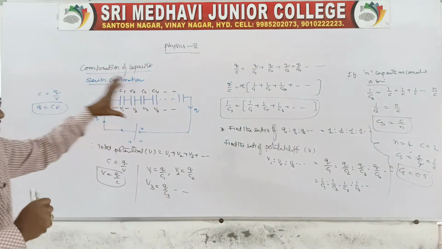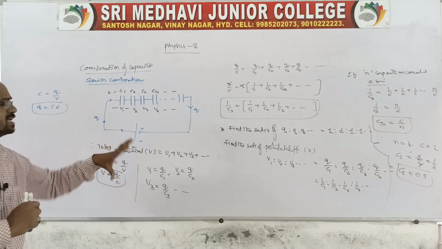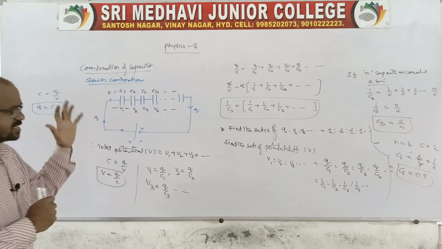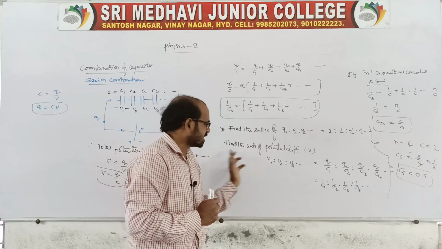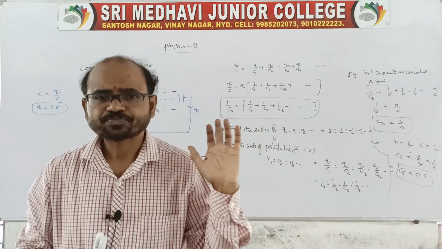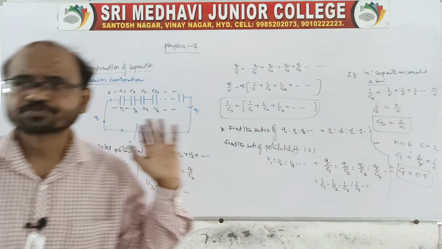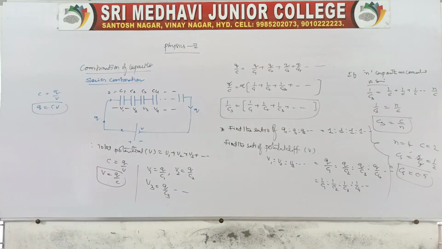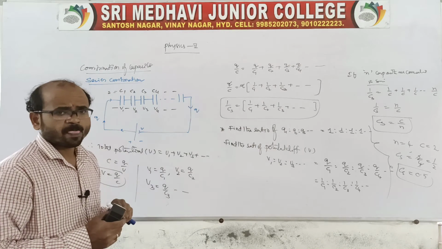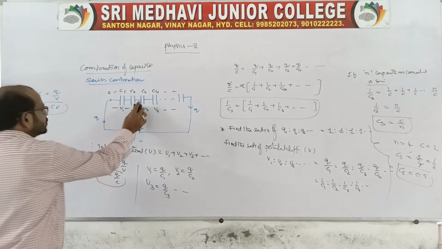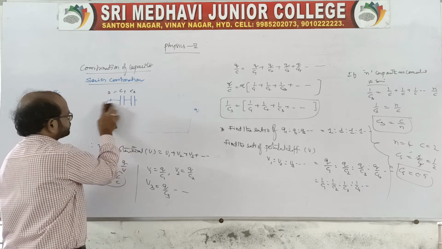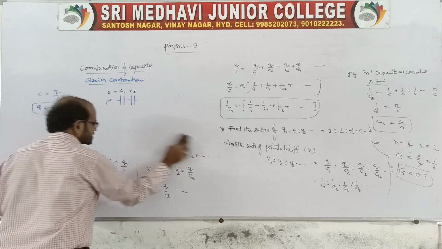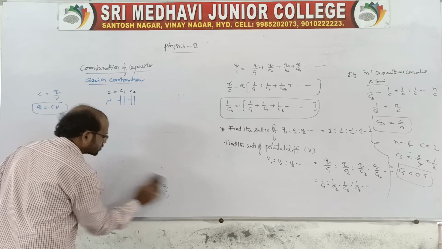So this is related to what? In case of a series combination, if the capacitors are connected in series, the effective capacitance will be like this, the ratio of charges will be like this, and the ratio of potential will be as given. We can go through it like this, right? And coming to the point, suppose n capacitors are connected. Now I am telling you, 2 capacitors are connected in series. Let us look into this, what will happen if only 2 capacitors are connected?